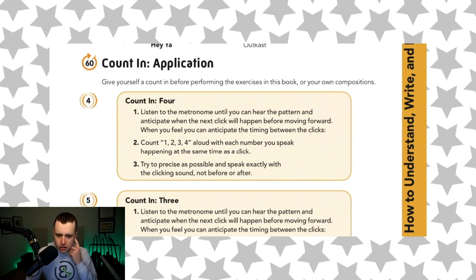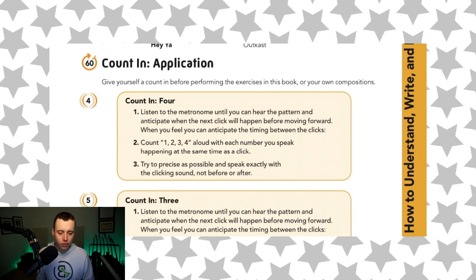Listen to the pulse for a moment, or 4, or 5, many moments, until you can really anticipate the speed of the pulse and where the next pulse is going to be. So you're listening to the metronome until you can hear the pattern and anticipate when the next click is going to happen. Once you feel like you know when that next click is going to happen, you're going to count